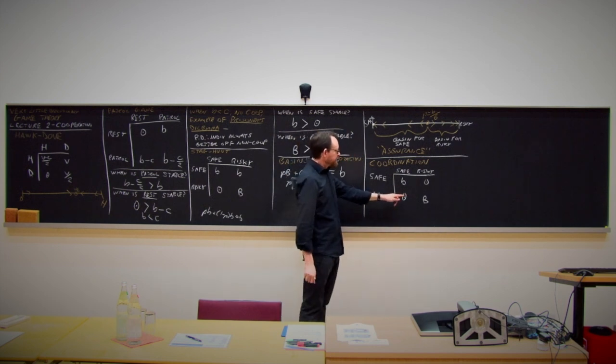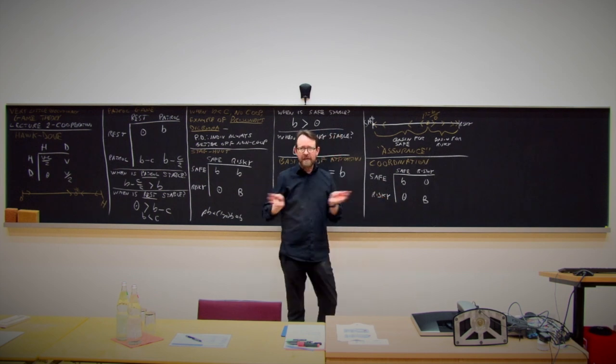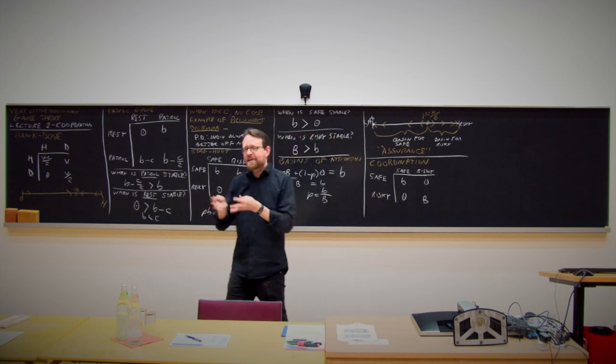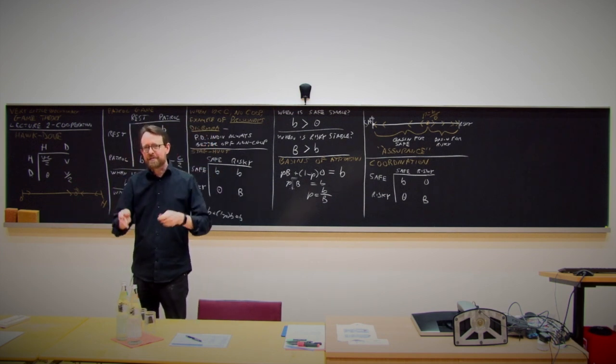Now, there's a pure version of this where you just write little b in both of these places. And in that case, it just doesn't matter what you do. The group is indifferent. But I don't think that's very interesting, because I don't think it happens very often. Yeah, where it's just completely arbitrary. There are some things like this, like,